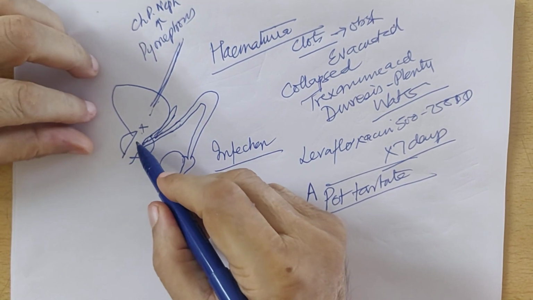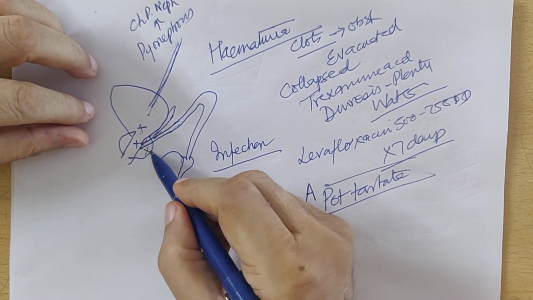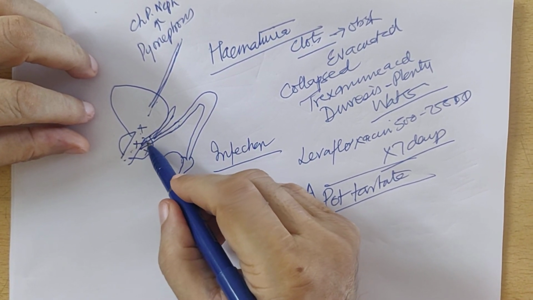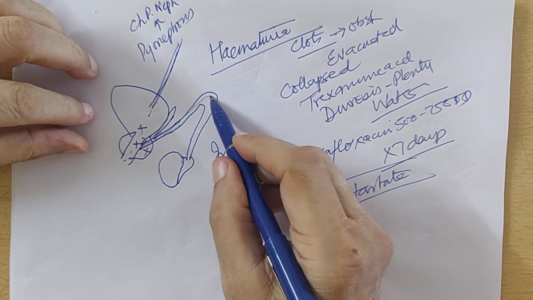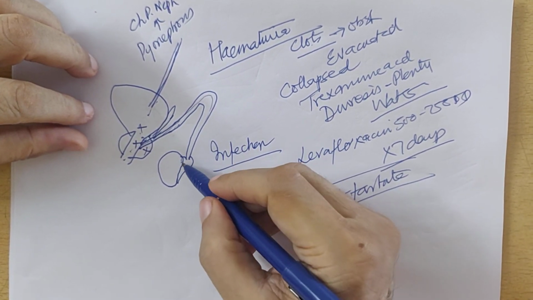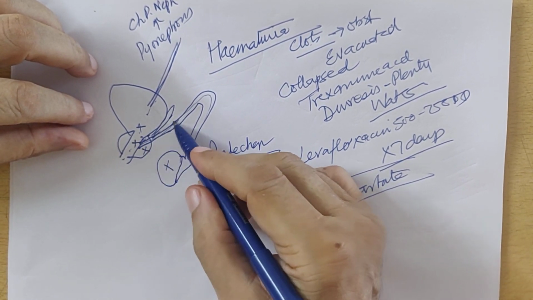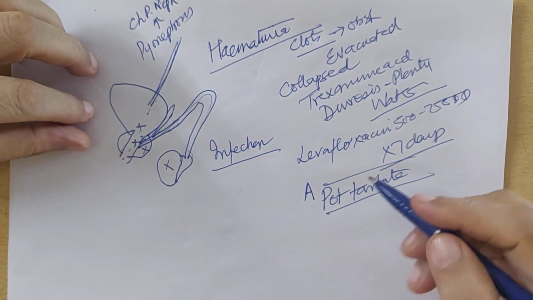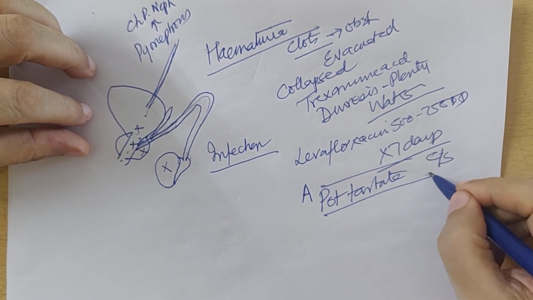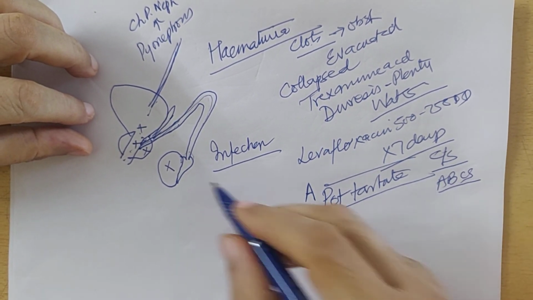On the other hand, there can be urethritis, there can be prostatitis in the prostatic urethra. This can travel into the vas deferens, which is funiculitis, then epididymitis and orchitis. So one way the infection can travel is this. And therefore, early culture and sensitivity and antibiotics according to culture and sensitivity is important.